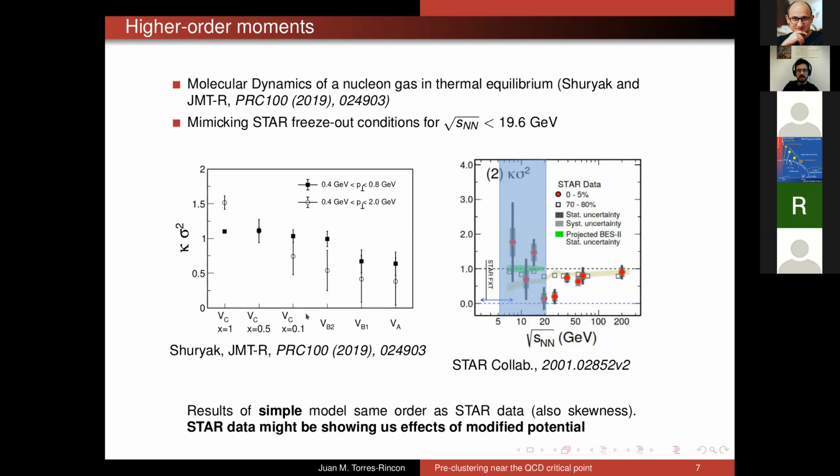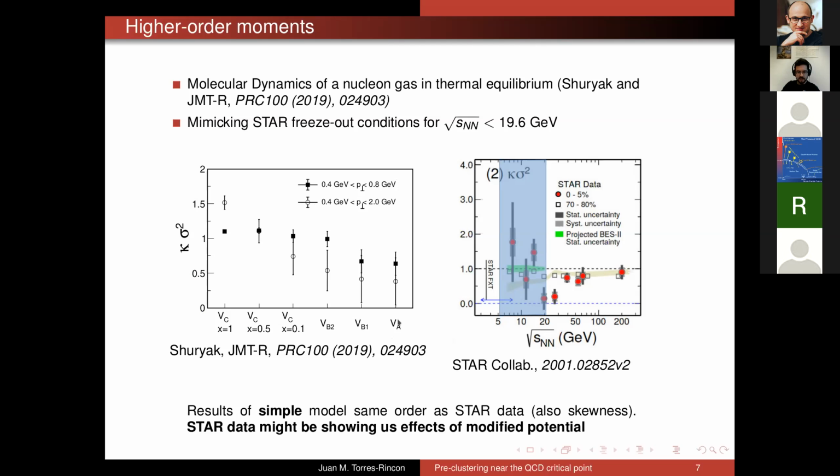So here, the only difference is that we replace the potential between two protons. Here it is given in terms of two different kinematic cuts. If you want to compare somehow with this experimental data by STAR, you have to look at the open circles here. But in any case, the point here is not really to compare.